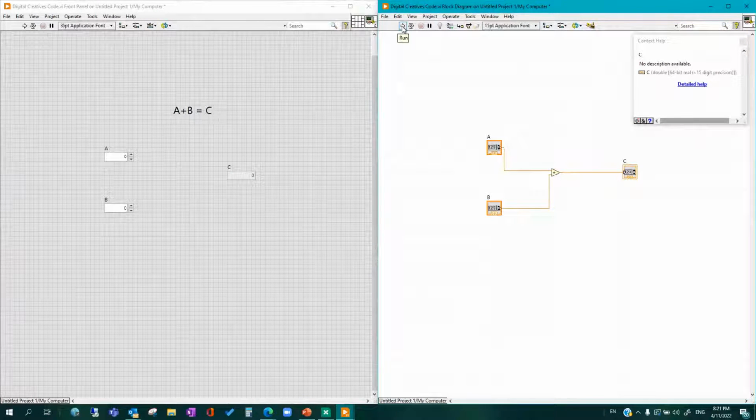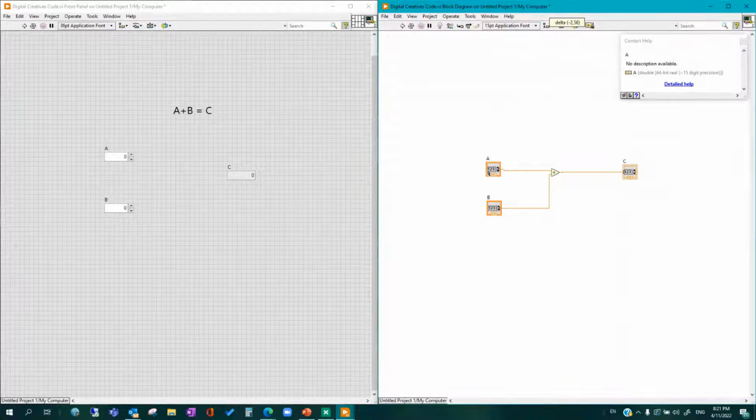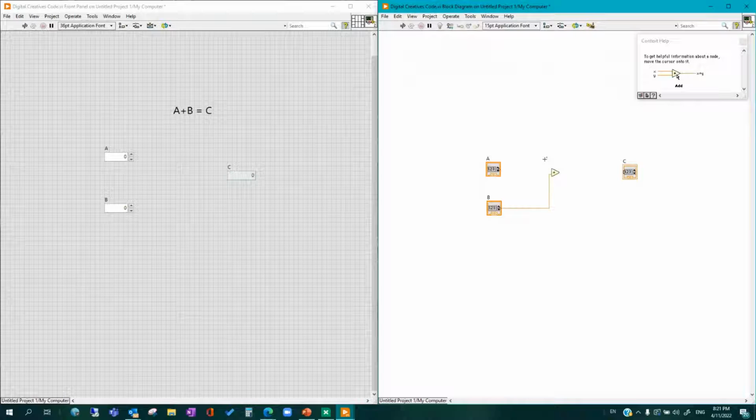So if I press run, my code will run, and then there are other functions here that we'll not discuss today. But if you want to, we can talk about it some other time. But basically, what I want you to look at is this run button. Okay, if I remove this, nothing changes, right? But if I remove this, you will notice that this turns to a broken arrow